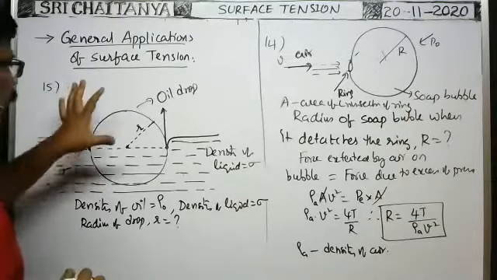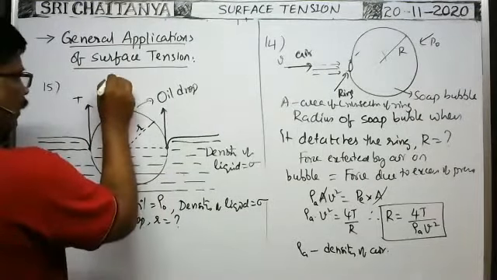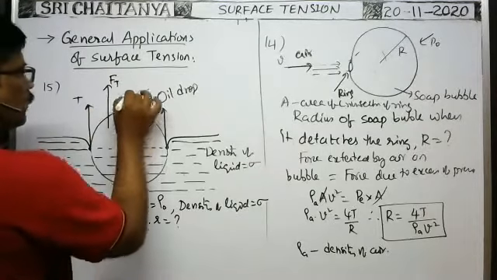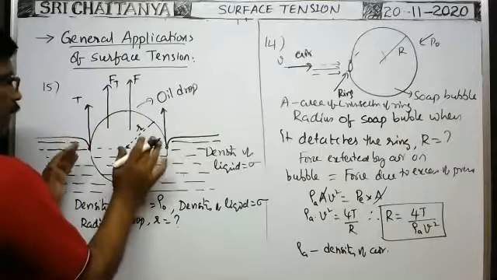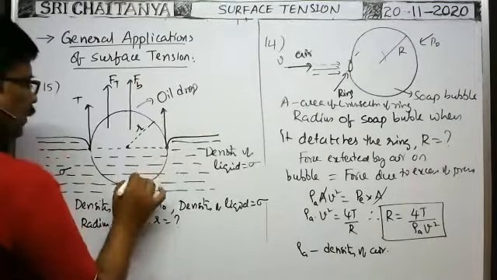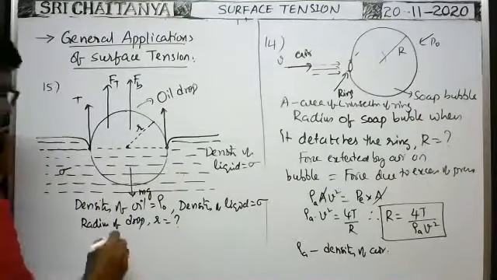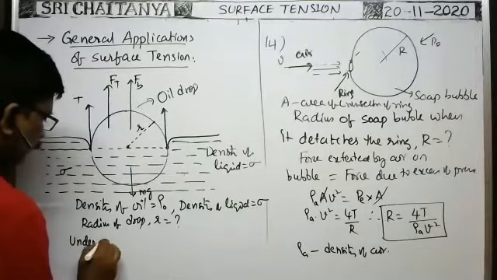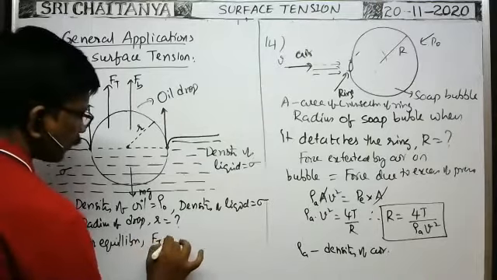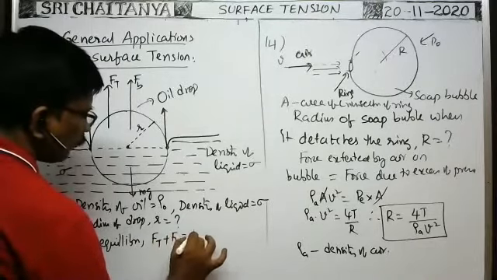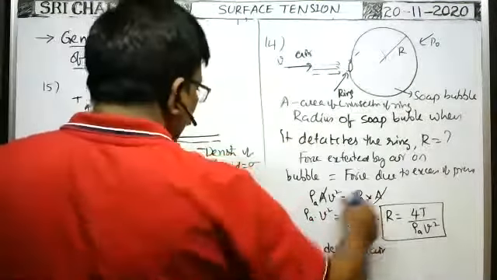Okay. Now, whenever the oil drop is floating, the force due to surface tension acts on the oil drop upwards, and buoyant force also acts on the oil drop upwards because half of the volume of the drop is submerged in the liquid, that is given. Buoyant force acts, and weight mg acts vertically downwards. As it is under equilibrium, the sum of the forces acting upwards is equal to the force acting downwards, which is only the weight. Now we substitute the data.